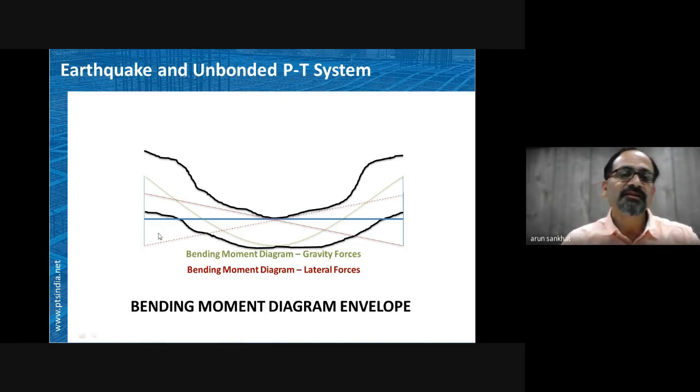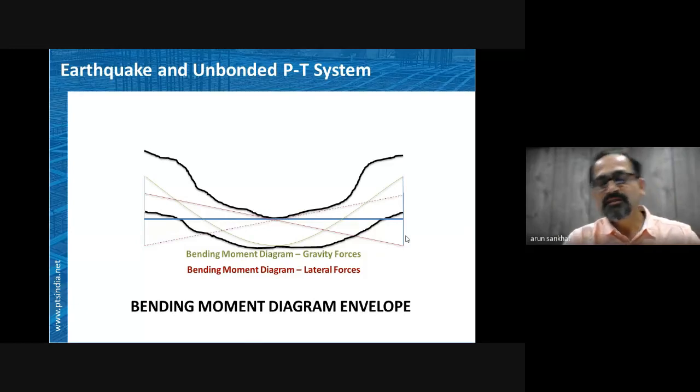So here you can see that the midspan portion is governed by the gravity forces only, in general, right? Because this is the gravity bending moment, and the envelope is also near that gravity bending moment. Whereas in case of the column beam junction, the lateral is also there and gravity is also there. So you can see something like this, and there could be a reversal in this case. So we need to make sure about these forces and moments, and we need to provide the extra steel.